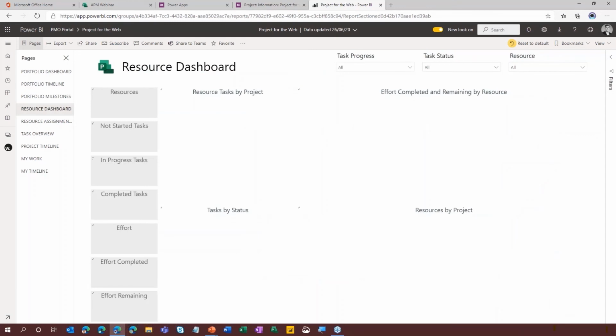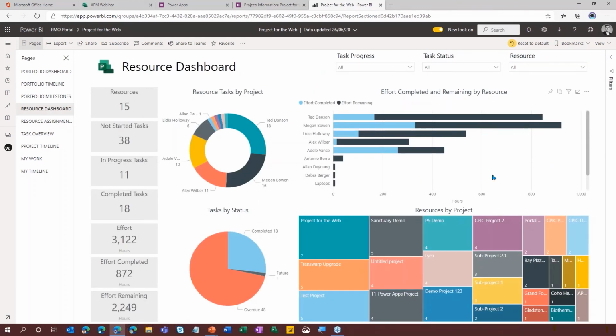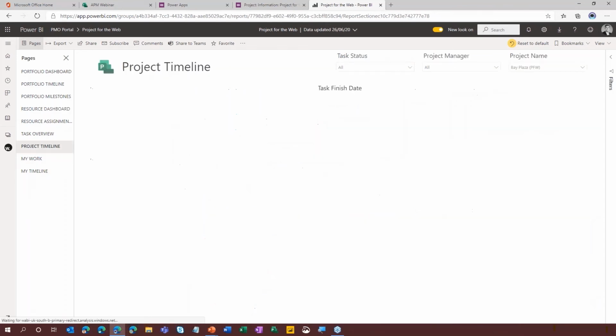We've also got a basic resource dashboard here. So I didn't demonstrate the resource capabilities today, and the reason for that is that Microsoft in the coming months are releasing quite a few significant updates to that particular area. And once they've done that, we can, of course, deliver another webinar focused on the resource management capabilities of the solution. But that aside, I'm going to now jump over to the project timeline view,